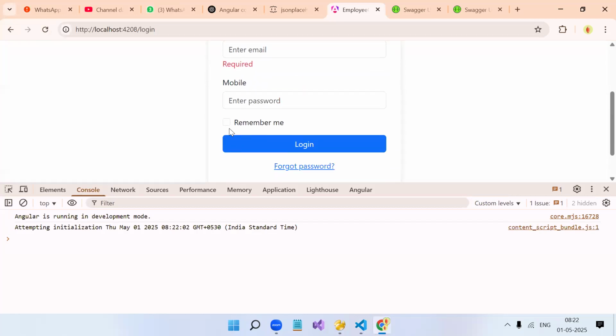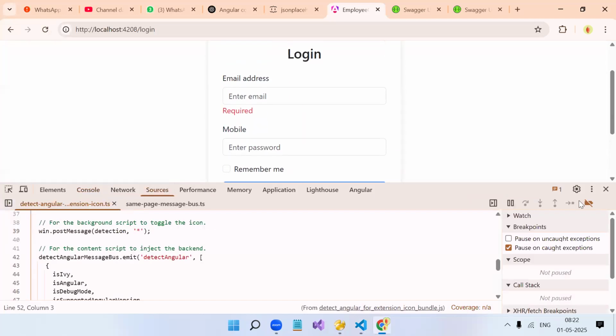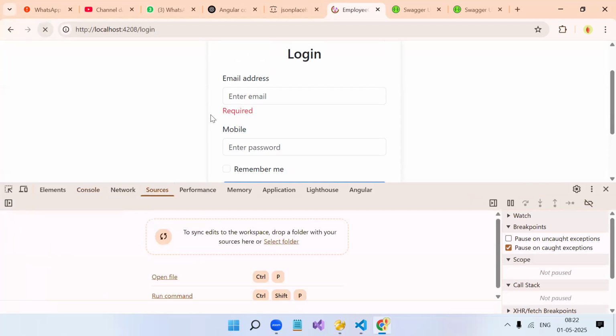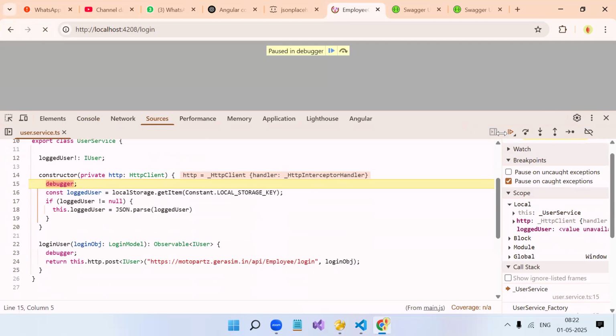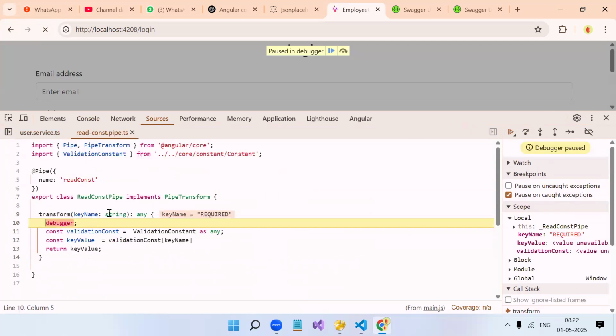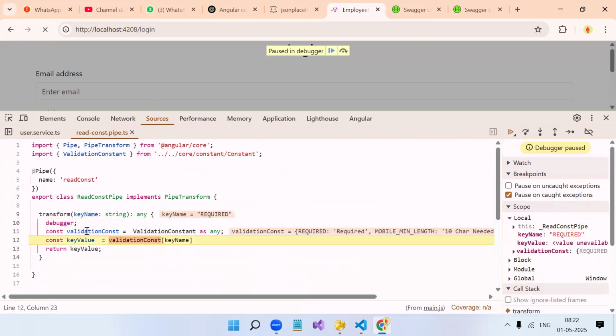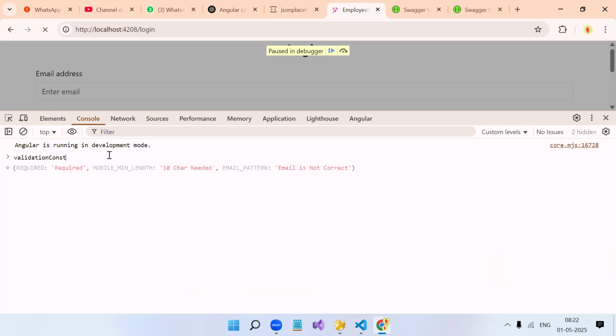Okay. Let's enable the debugger. Reload. See, okay, user service. Let's continue. Now I am in the login component. In the login component, we are using the pipe, and what value we are passing? Required. See, in the key name, we got required. Okay. Now in the first constant, we have got the whole object. So here you get the object dot required. You got the value. But